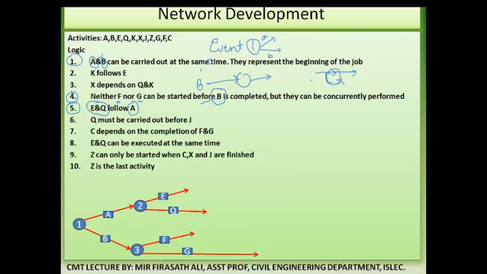Till now, is it clear? First we started with A and B, which represented our beginning of the job. After that, we saw which activities emerge from activity B and are dependent upon it, and which activities are dependent upon A. We have come out with this. Now let us see serial number 2. This pointer is not really visible.